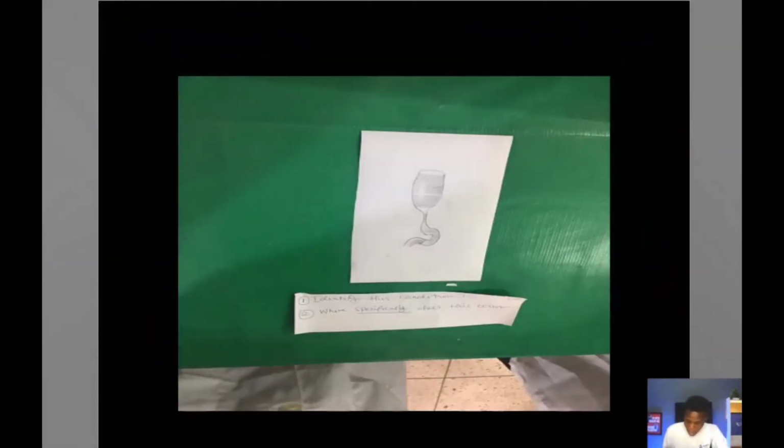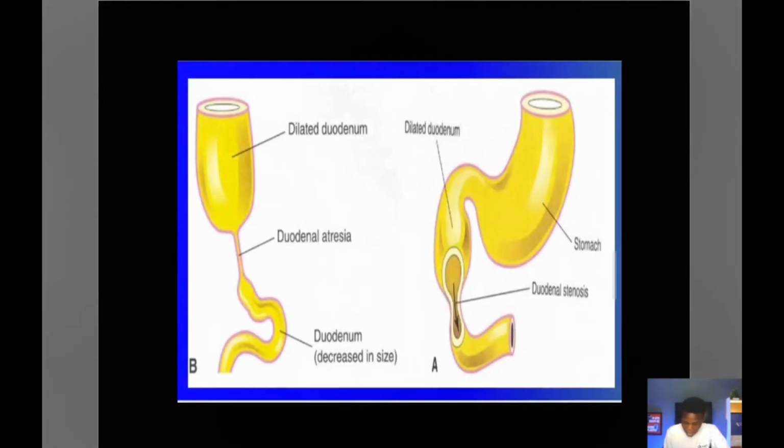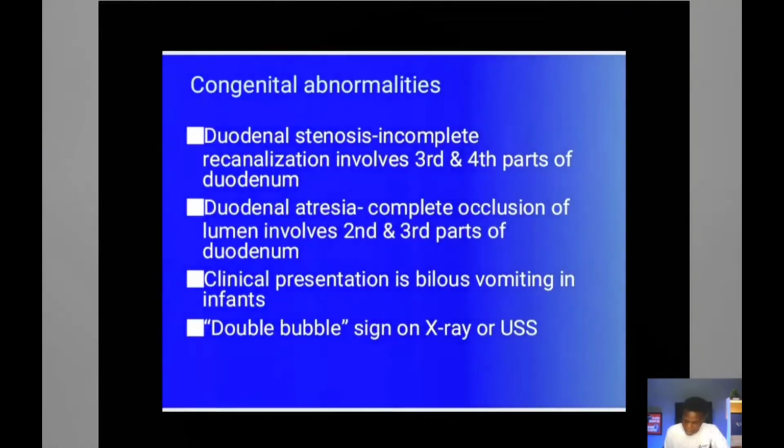So let's go back to our model. What is the condition? Duodenal atresia. And actually, where specifically does this occur? Now let me show you that. Stenosis and atresia, they actually happen in kind of different places along the duodenum. Take a look at this slide. Okay, so duodenal stenosis, which is one that involves narrowing, is due to error in recanalization. As a matter of fact, both of them, both stenosis and atresia, are due to error in recanalization of the